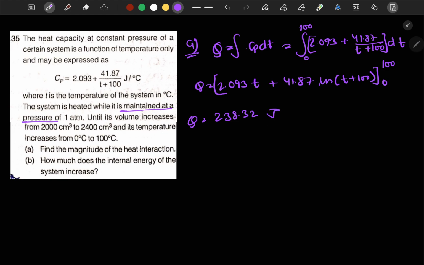Now in the next part it is asked how much the internal energy of the system increases. So it is asked what is the value of delta U. Delta U can be written as